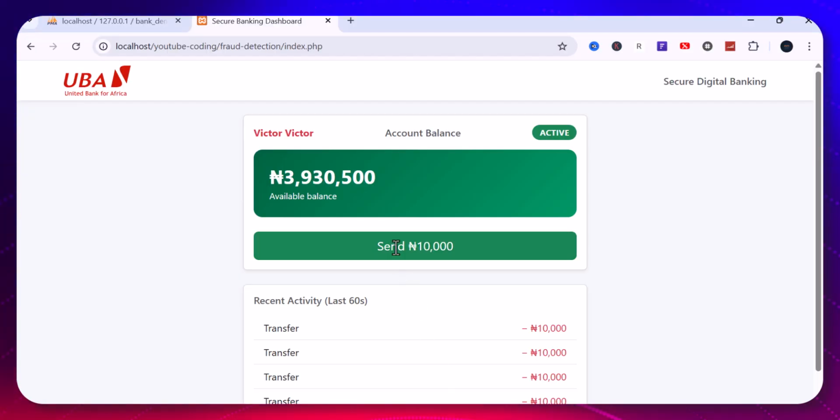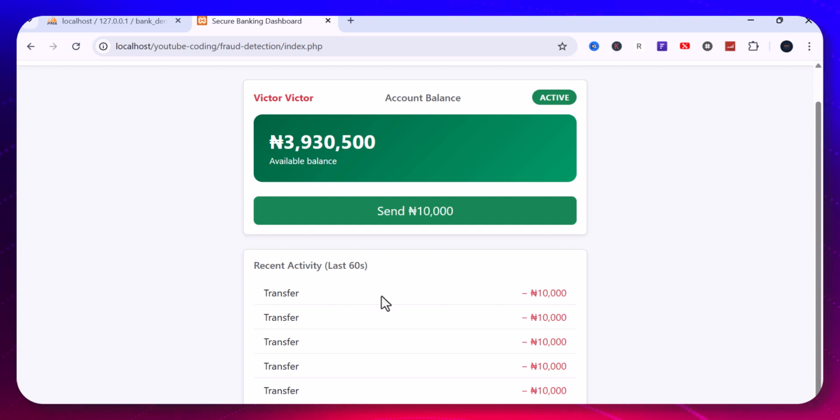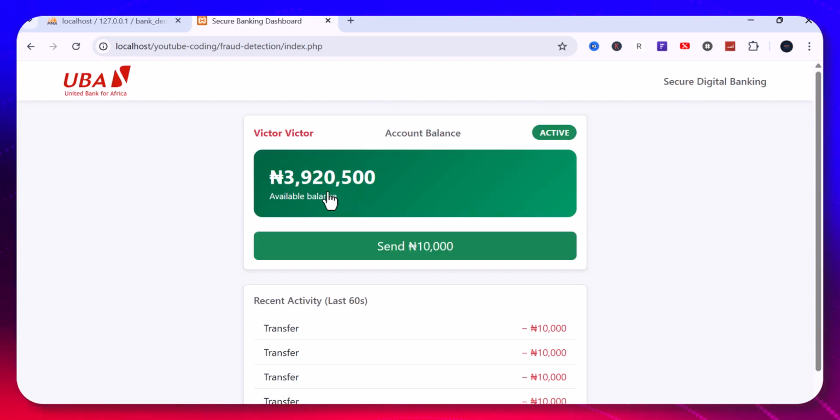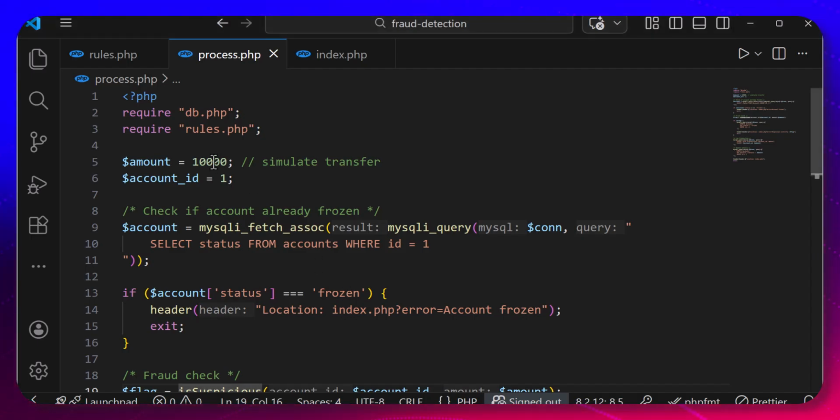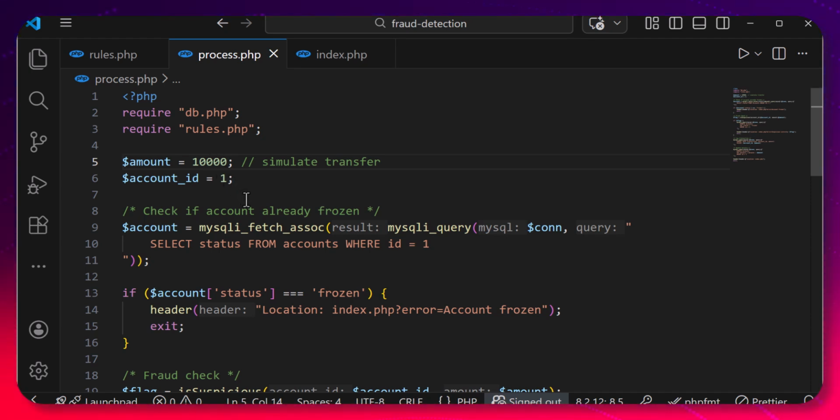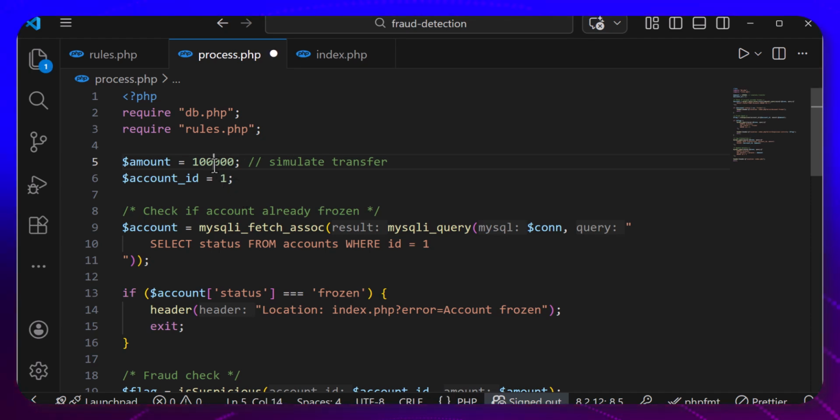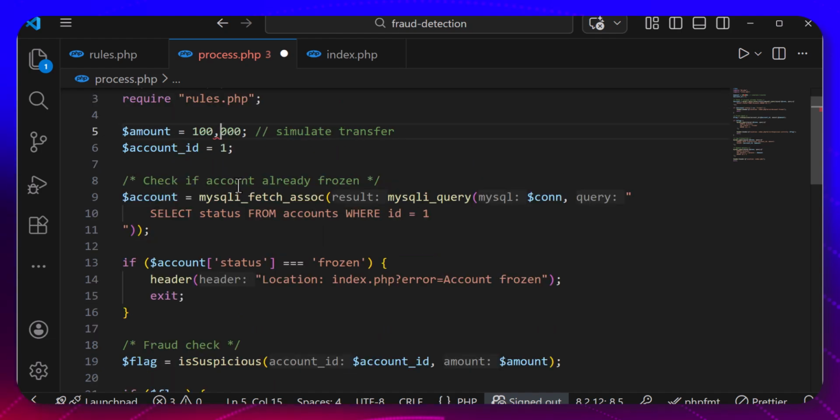The transfer will come here. Are you seeing it? If I send 10,000, notice that the amount has reduced. You understand? My balance has reduced by 10,000 and it has appeared here, right? So now, let's say send 100,000. So I'll change this from 10,000 to 100,000. Now, you'll see what's going to happen. When I set it to 100,000,